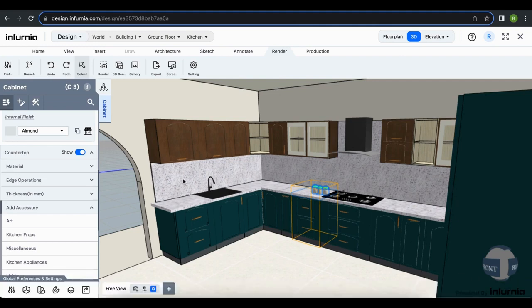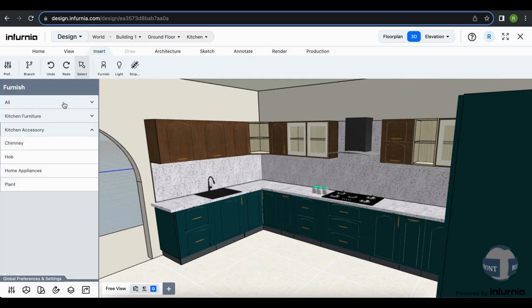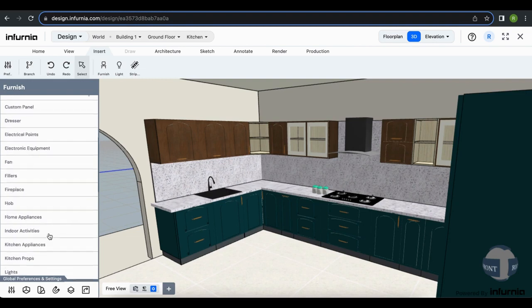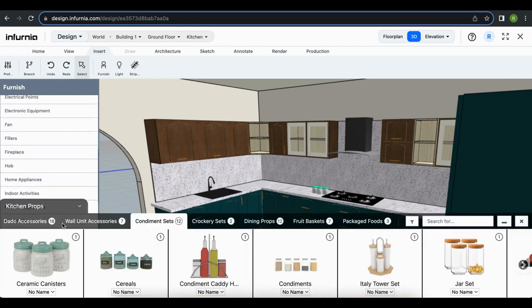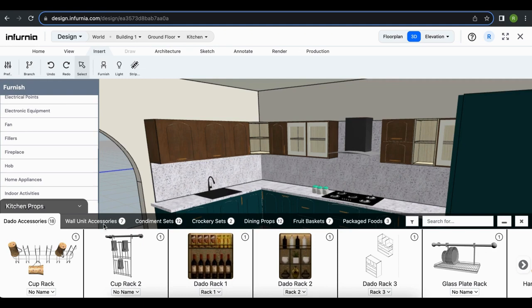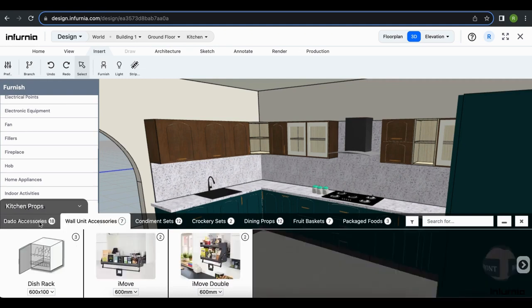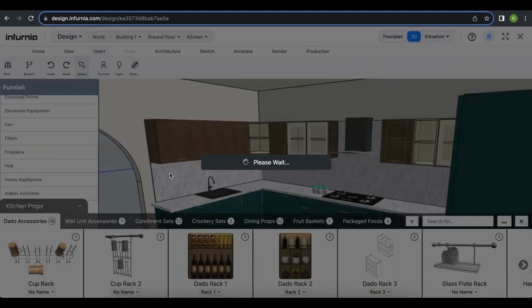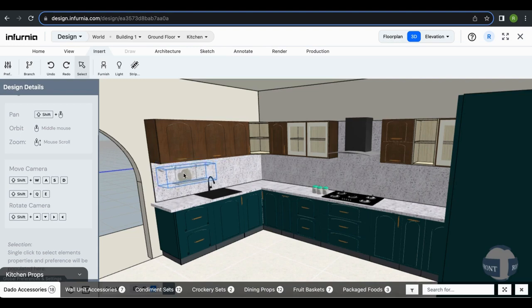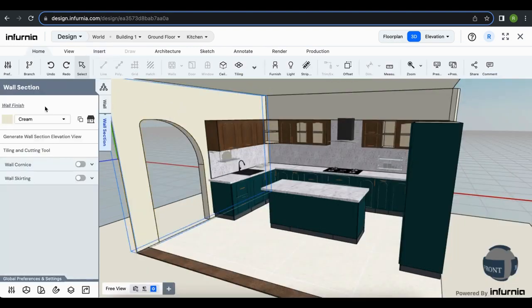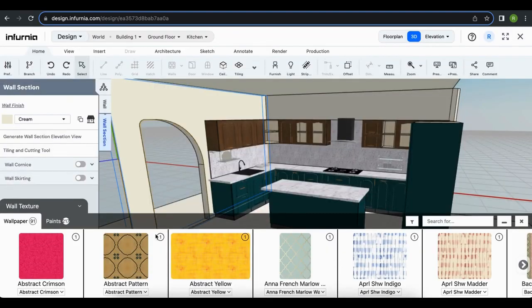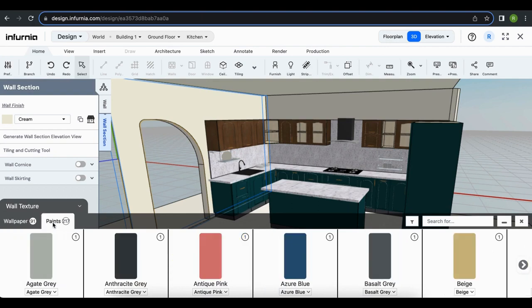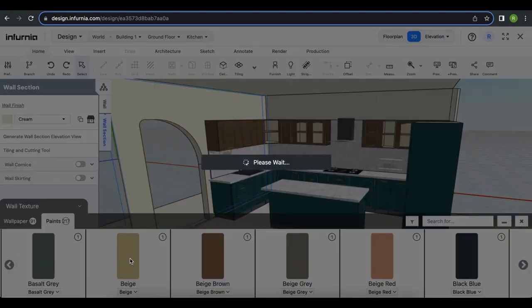You can also add some dado tile props that you want, like you can go into insert, you can go into furnish, and in all you have kitchen props also as an option. So herein, if you want to add any dado accessories or wall unit accessories, you can add the same. So let's say I'm adding some dado accessories here of a glass plate rack. So I can select the same and I can place it on my dado tile. So if you select any particular wall, you have the wall finish option here, wherein you can go into the store and select any particular wall finish that you want, whether you want a wallpaper or a wall paint. Then if I select this particular shade, then the wall color will change